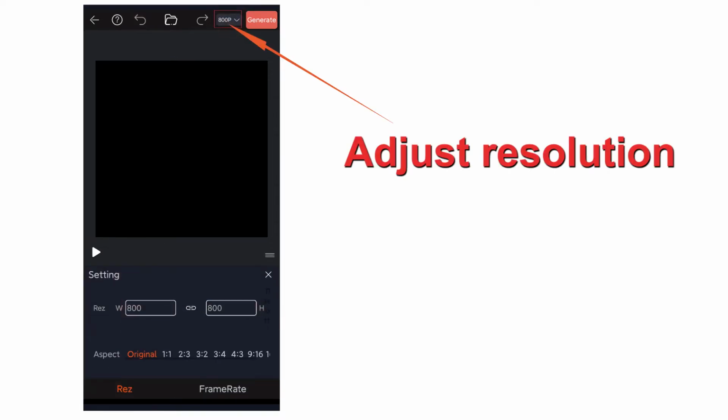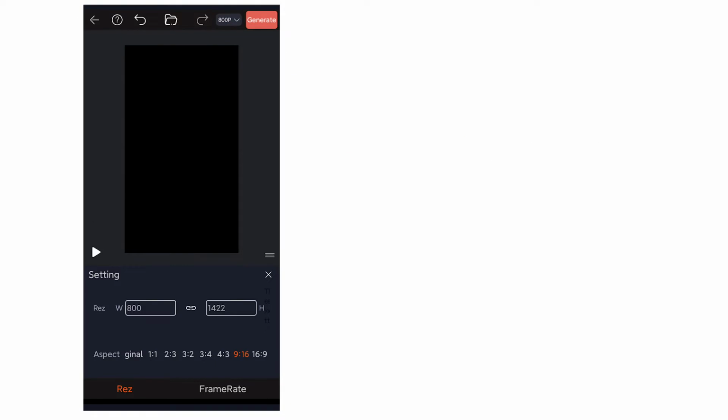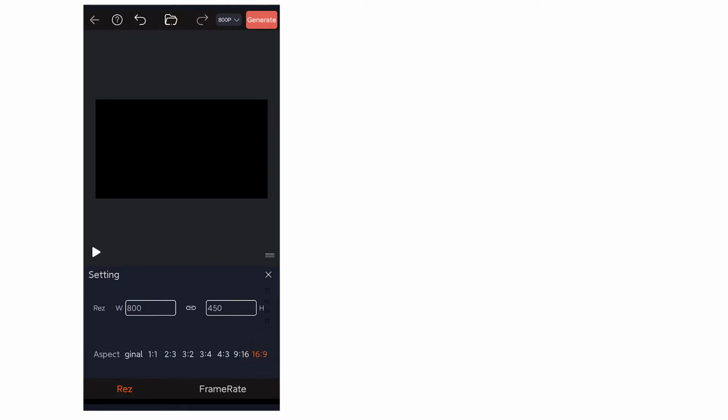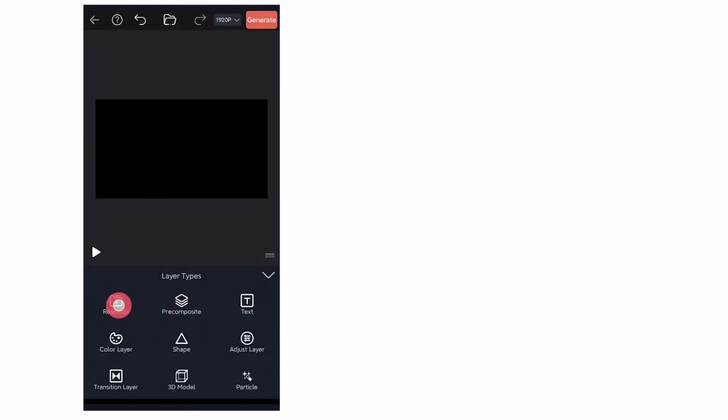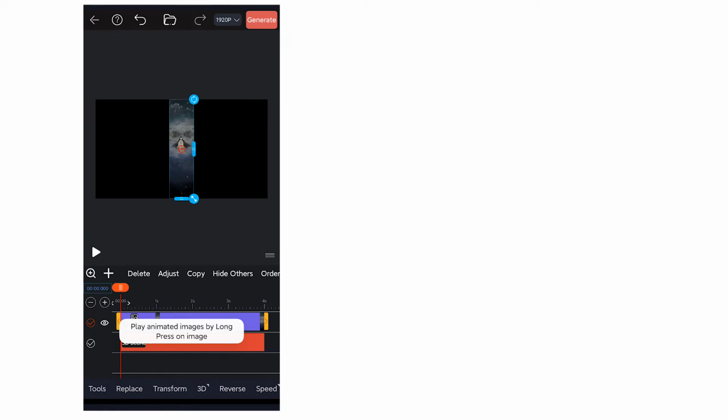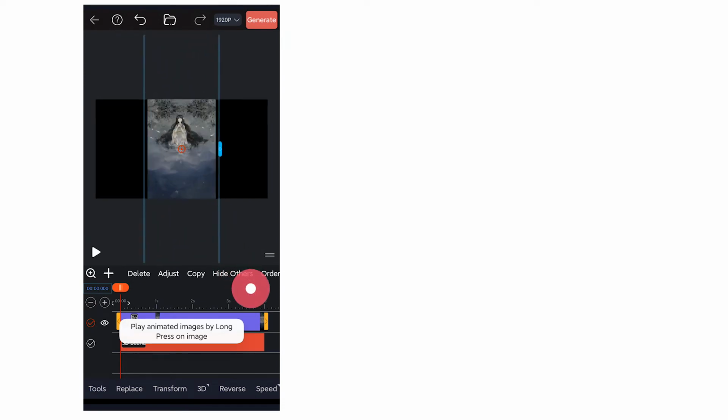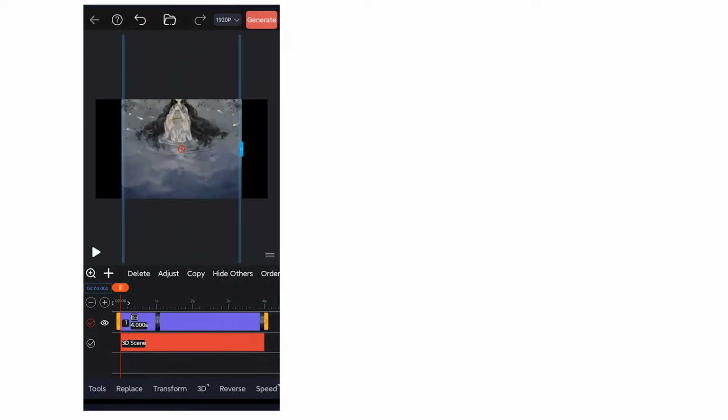First, set the horizontal screen resolution. Here I choose the ratio of 16:9 and enter 1920. Then add our long image material from resources. When you add it, you can see that the material only occupies a small part of the screen at this